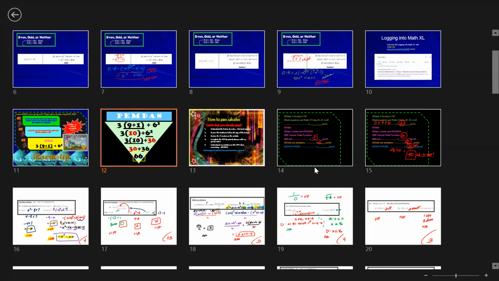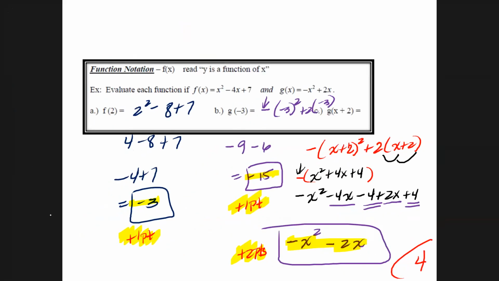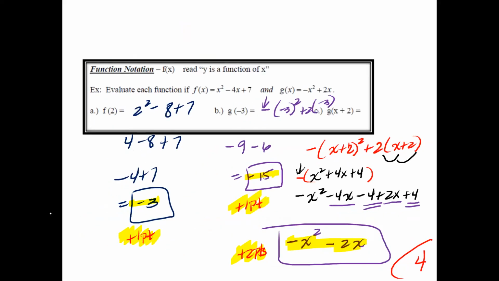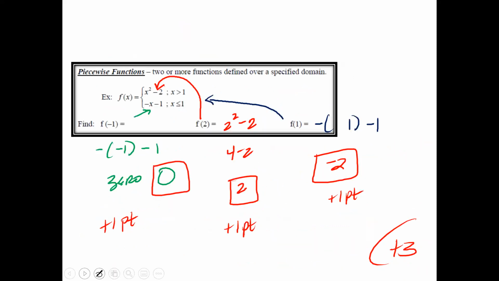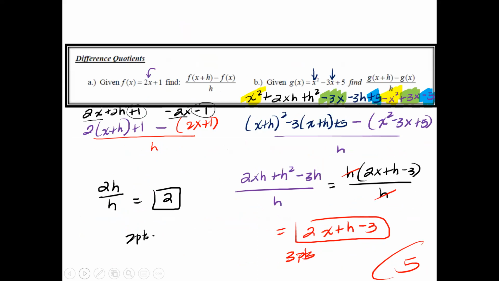Okay, so last time I saw you guys, we talked about the practicing of the assignments that you were supposed to cut out. And there were a few cards that you had that you were supposed to practice with. So here are my answers for the first card, and you can pause it. Here are my answers for the piecewise function card, for the difference quotient card,